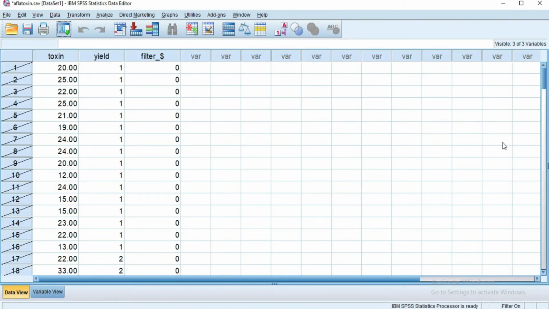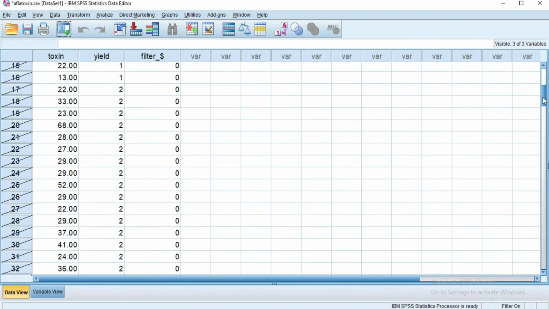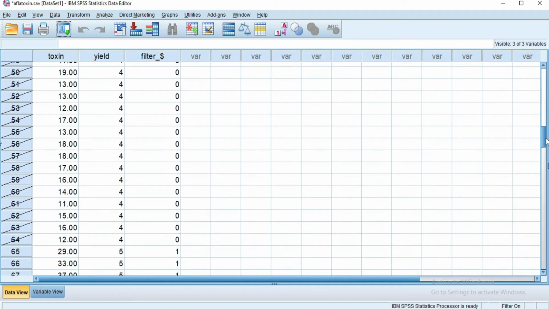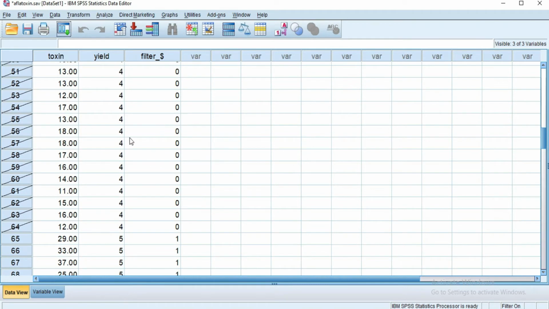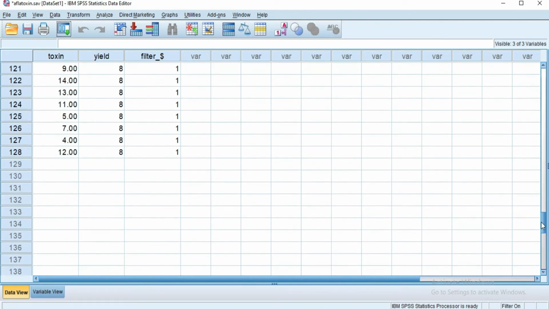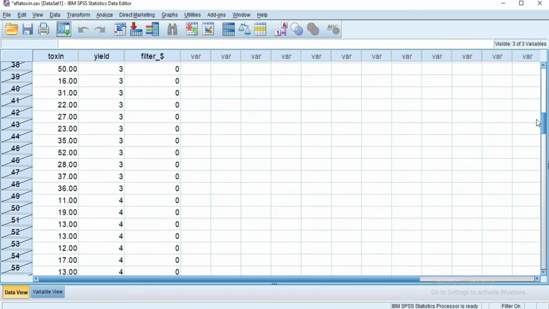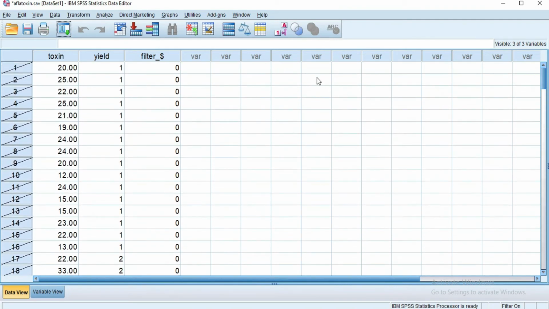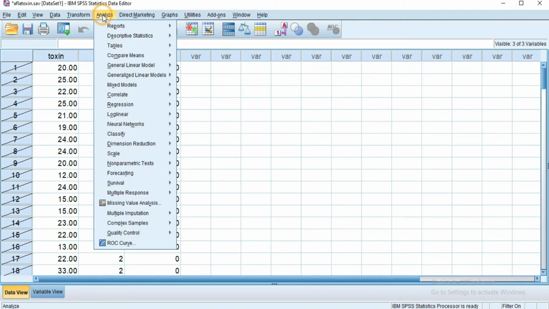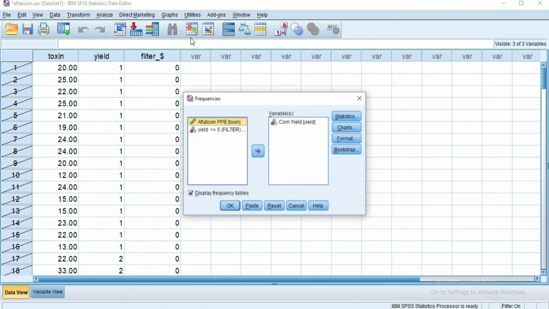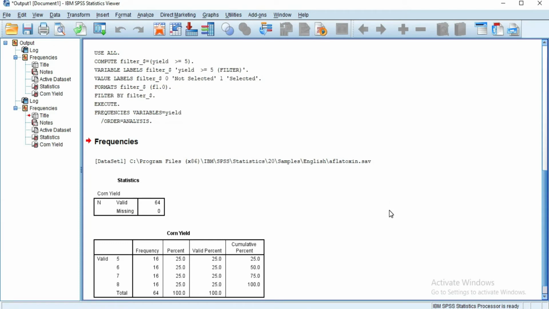and going back to the data sheet, you see here the first four entries are blocked. The first four yields are blocked, whereas the yield types 5, 6, 7 and 8 are open for the analysis. And now if we calculate the frequencies, you see here only the frequencies for 5, 6, 7, 8 are appearing in the output,